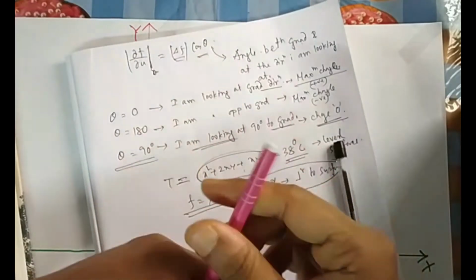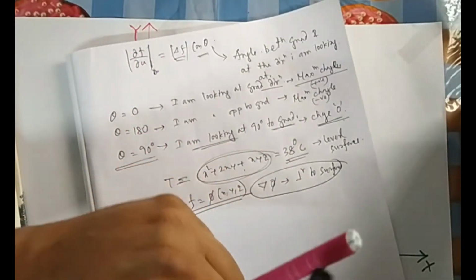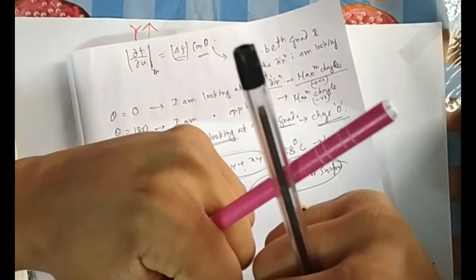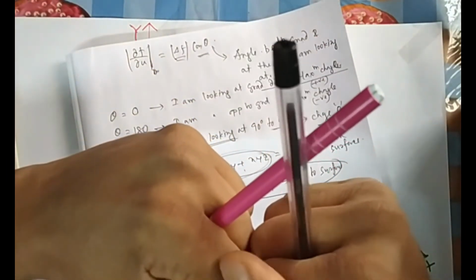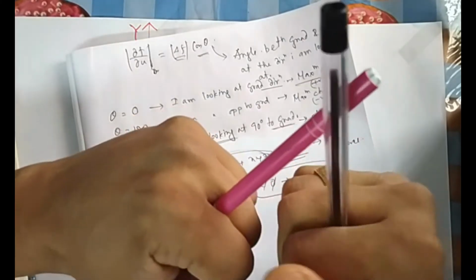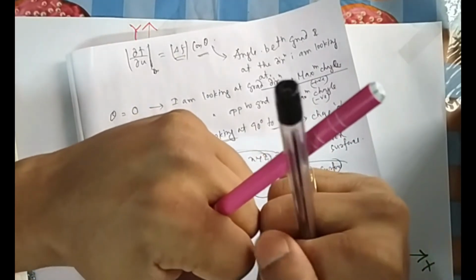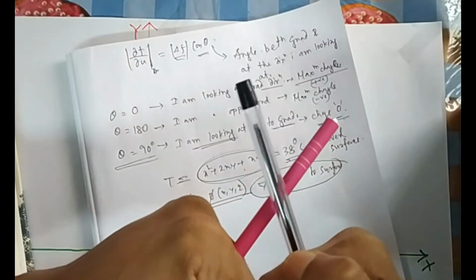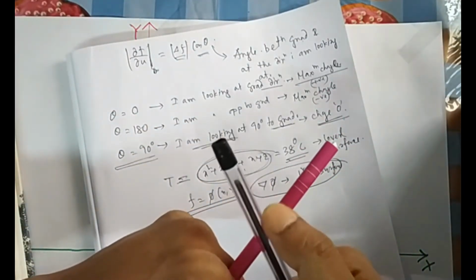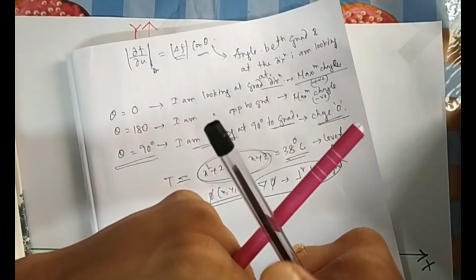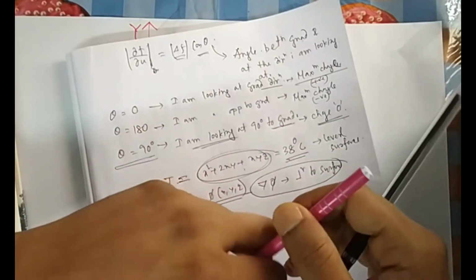Now you have two surfaces, one surface and another surface. These two surfaces meet, so their normals are also cutting. If I want to find the angle between these two surfaces, it will be the same as the angle between the normals. So if they ask me to find the angle between these two surfaces where they meet, that is nothing but the angle between the normals.